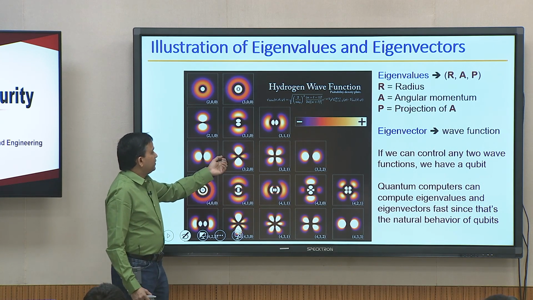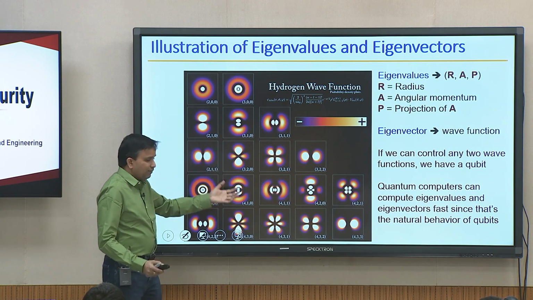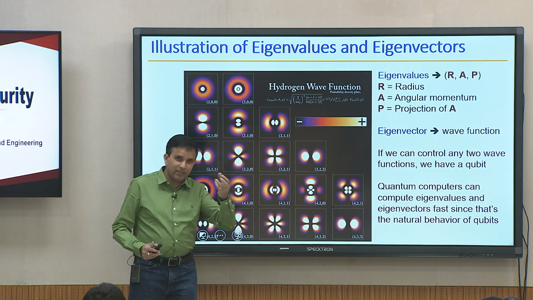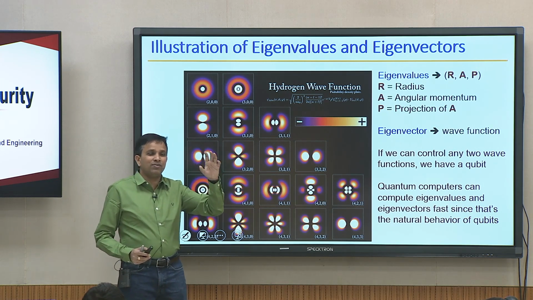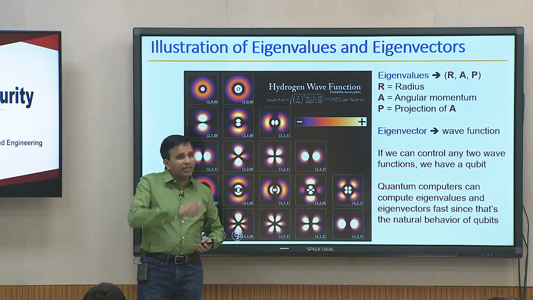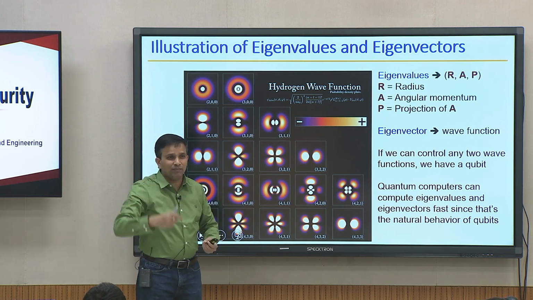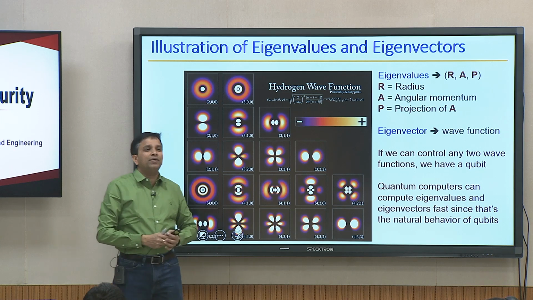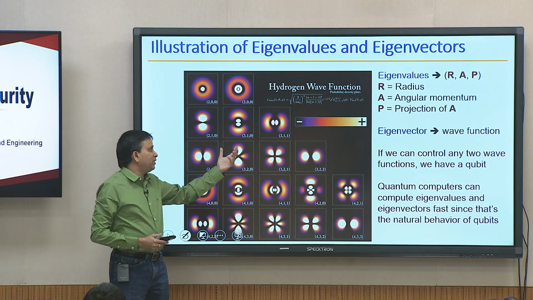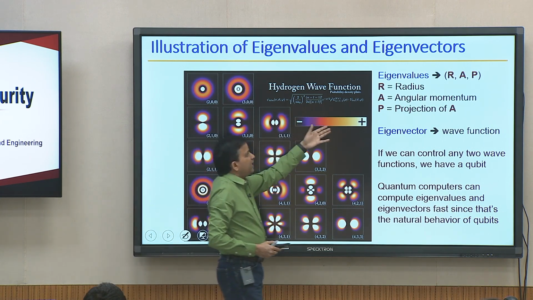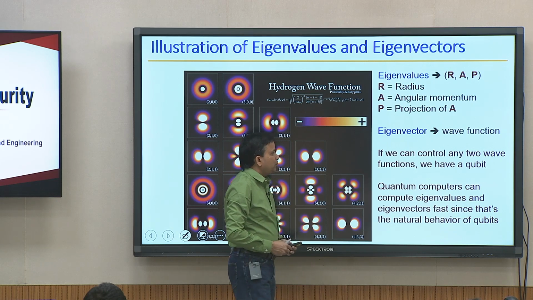Anyway, this is basically showing the hydrogen wave function. Roughly speaking, if you recall, every atom has something in the nucleus, with electrons rotating around, some loose, some tight, and there are a lot of orbits. Some of them do not like their orbit, they want to move, and all this stuff going on creates a magnetic field. That field you can represent with a specific radius, angular momentum, and projection, and this is known as an eigenvector or wave function.